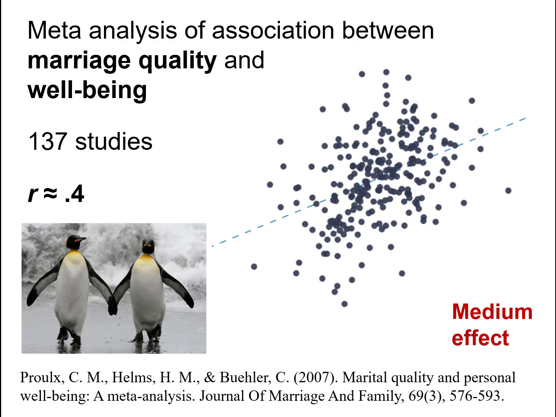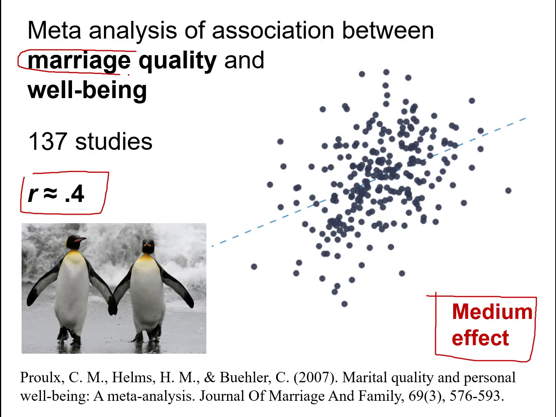And now, how about a correlation of 0.4? So a correlation of 0.4, we're now dropping down to a medium effect size. So what type of study would produce a correlation of 0.4? And the example I have here is studies regarding the association between marital quality, the quality of one's marriage,